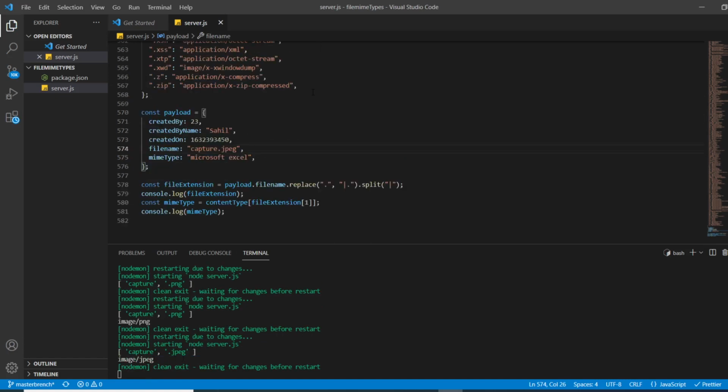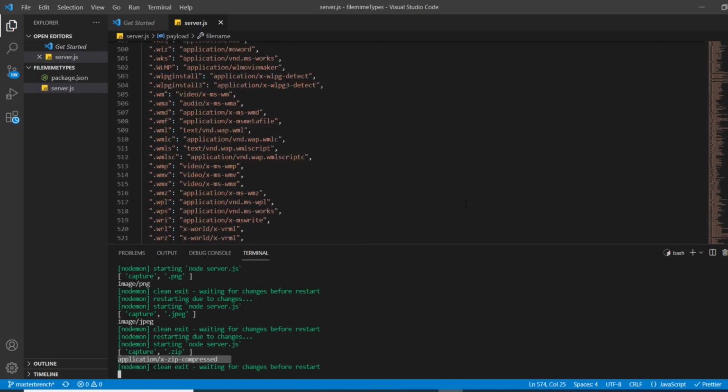Now if I pass zip, dot zip mime type is application/x-zip-compressed, right? So let me just type a zip. So you can see we are getting the mime type on the basis of file name extension.